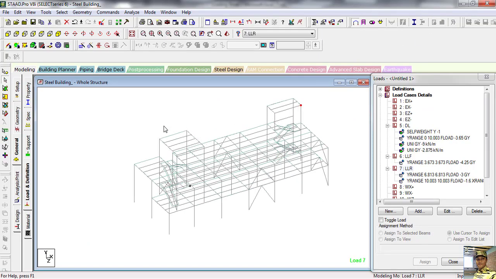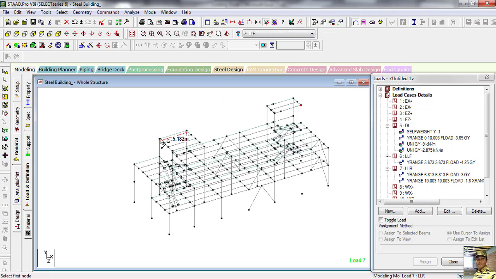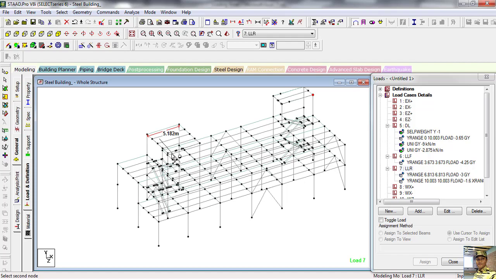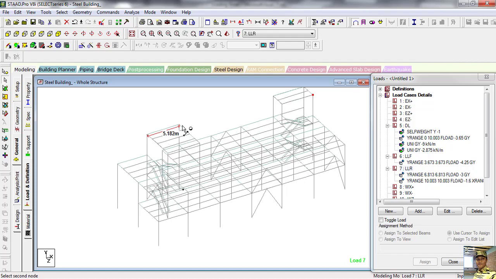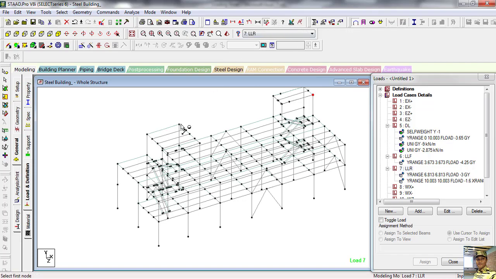So this load will distribute uniformly. So we'll divide by the floor area. See how much area here. Select this node and this node, this node, and this dimension, this node to this node 5.182, this node to this node 5.75 meter.